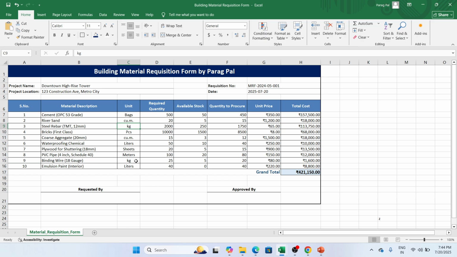Then what is the required quantity? Like we want a cement quantity of 500 bags, but we have only 50 bags available in the stock. So how much do we have to procure? Definitely the difference of these two we have to procure. It means we need to